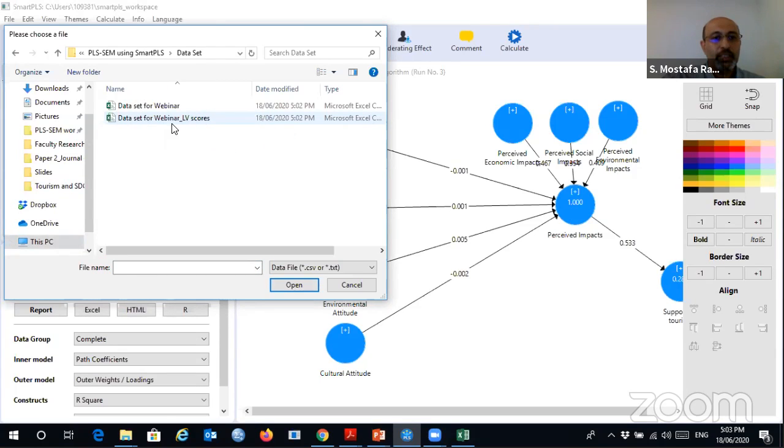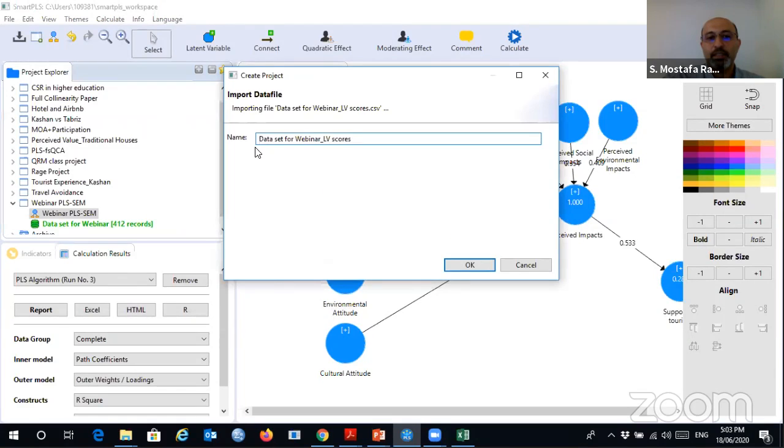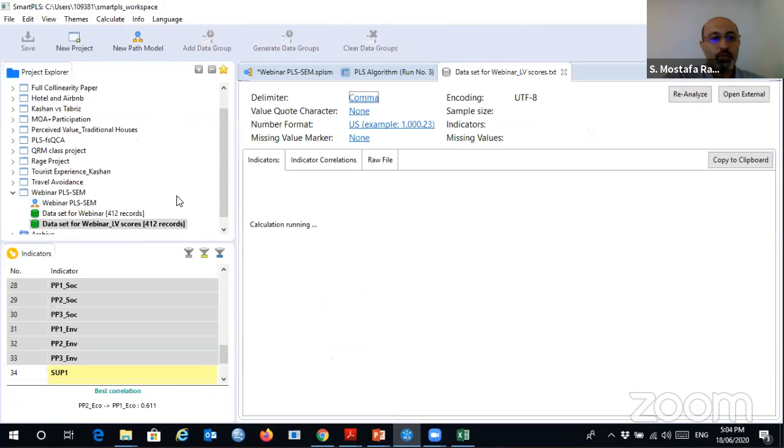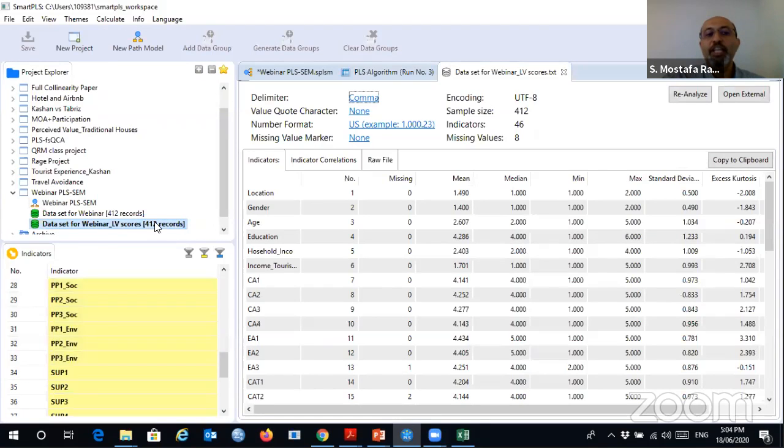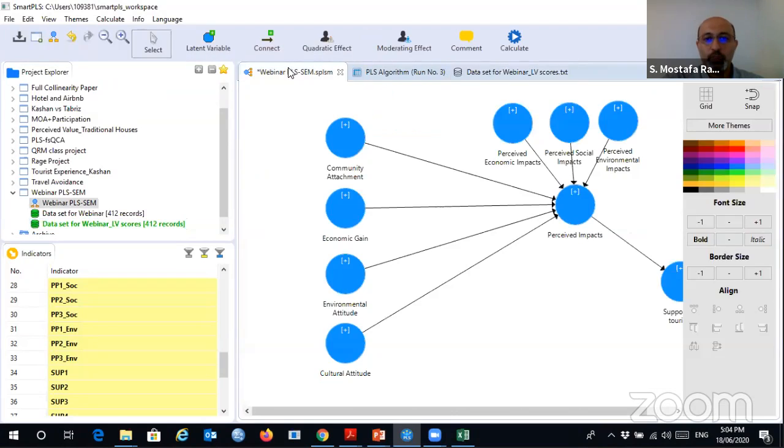Okay, here I have data set for webinars, LV score, including LV scores. So click on this one, data set with the LV scores. So now I have new data set here, and this new data set includes all scores from latent variable scores from first stage, right? Okay, now I'm going to my model,